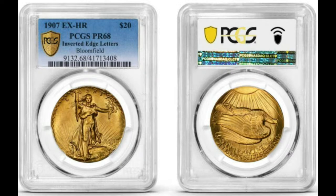But these ultra high relief, these were really just works of art. Sculpture in gold by Augustus St. Gaudens. He really wanted our coins to be a work of art, but of course, because they need to be used for money, they had to make some concessions. But the very first one struck when St. Gaudens and Theodore Roosevelt were trying to come up with this beautiful work of art as coinage, were struck in what we call ultra high relief, where that relief is so high. Like I said, only about 20 of these coins were struck,